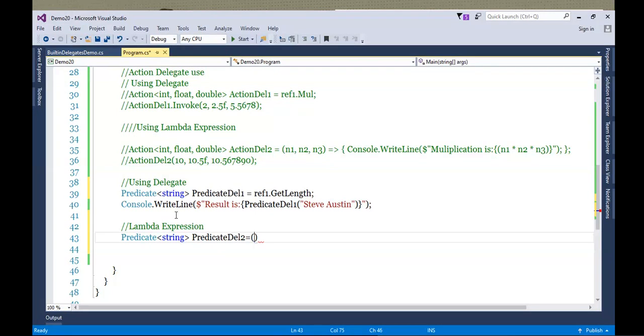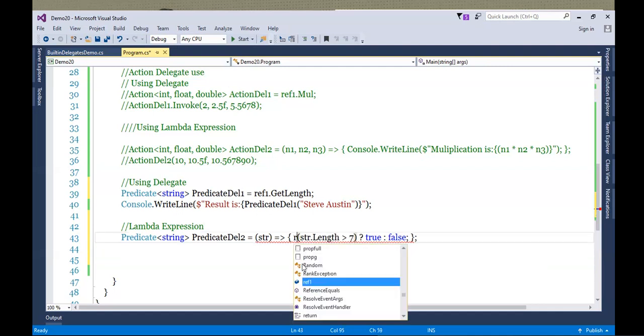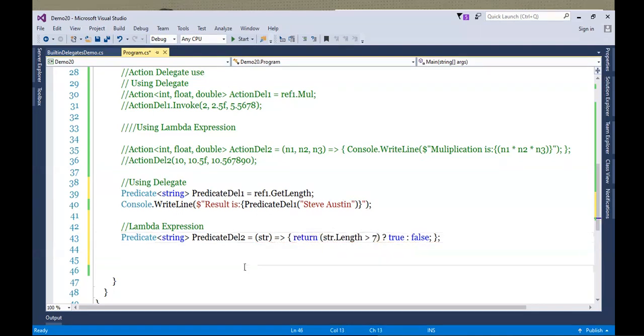Let's specify the argument list first. Let's say str goes to operator, and then logic will come. So we'll write that ternary operator directly here, like str.Length greater than 7 question mark true colon false. Fair enough. Obviously return. I'm sorry. Okay, so we return the logic.